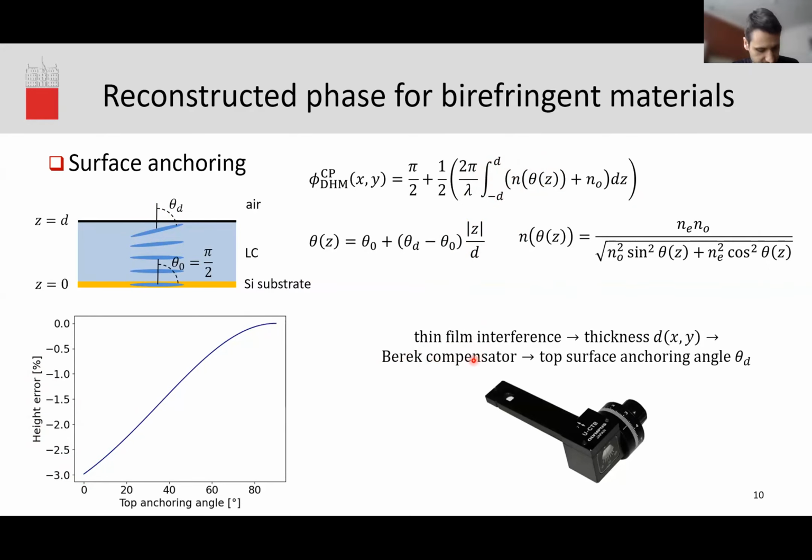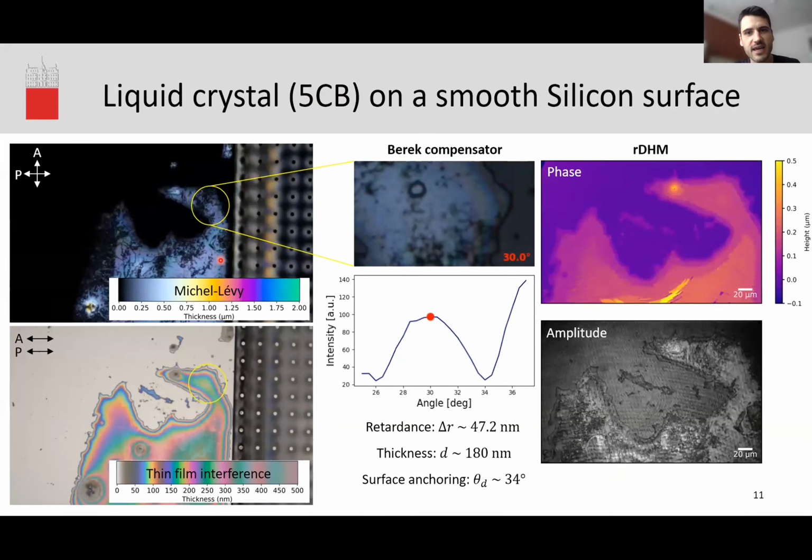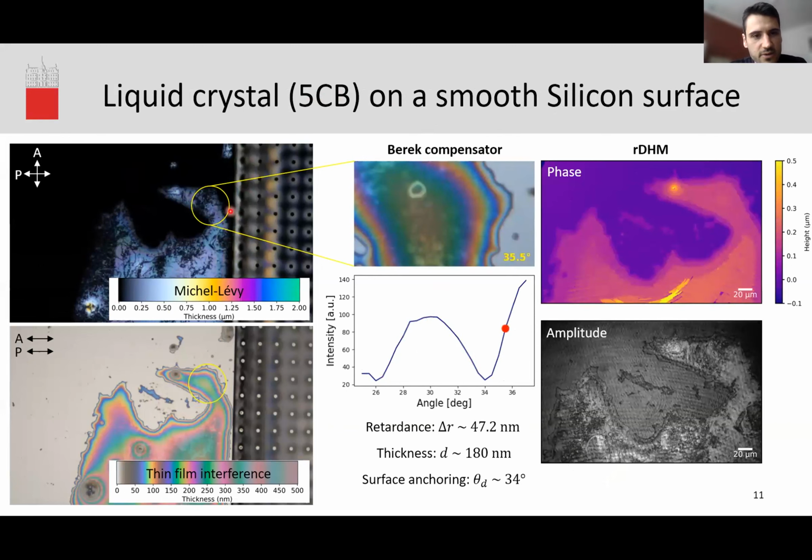with the extraordinary refractive index. And as a sanity check, we can do thin film interference. We can observe thin film interference of the liquid crystal and obtain the thickness, and also use a Berek compensator with which we match the retardance of the liquid crystal. We can then use this measurement of the retardance and the thickness to obtain the top surface anchoring angle and see what kind of an error we introduced in this step. So here is the first example, and in this case we put the liquid crystal just next